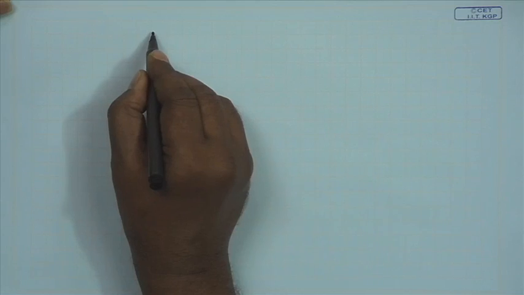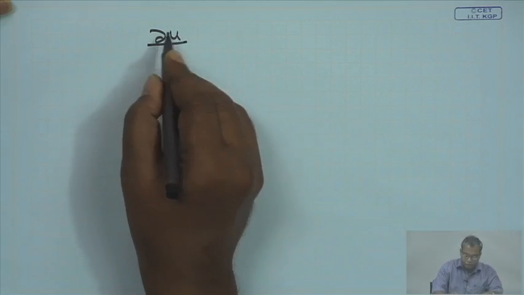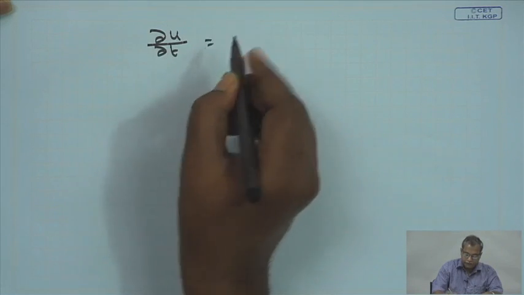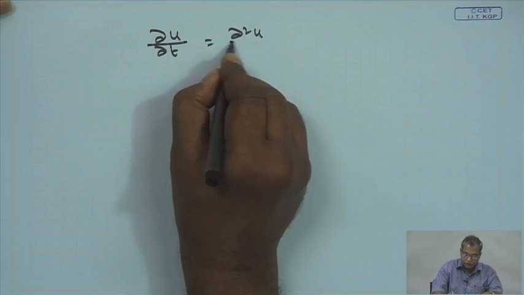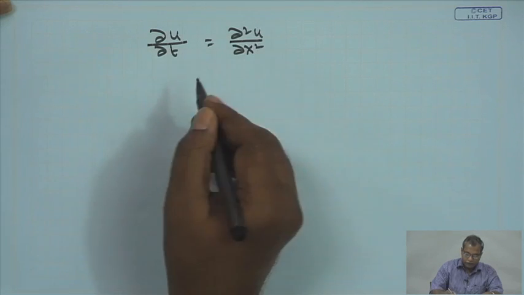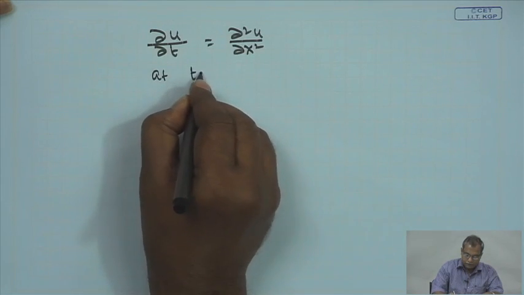Okay. Next, we will be looking into a set of equations. If we extend the principle of linear superposition in case of partial differential equations, let us give an example of how one can go ahead with it. For example, if I have a partial differential equation like this, del u del t is equal to del square u del x square, at t is equal to 0,